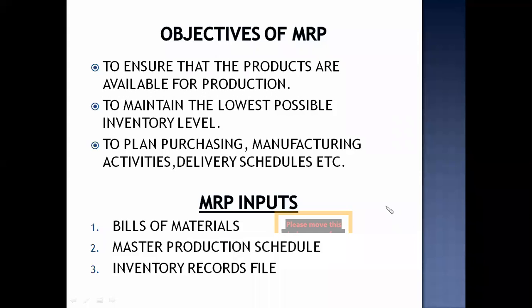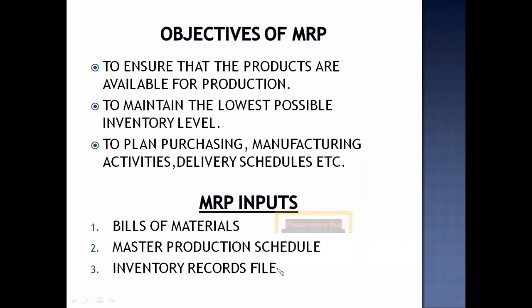The same thing. Bill of material is a list of all the raw materials, the other products, other components, etc., which are used in the production activities. The normal bill, like when we purchase something, we normally get a bill which will contain the details of the products. That is bill of material.